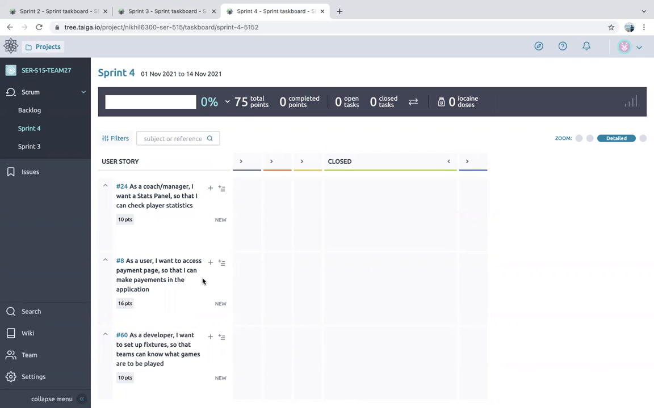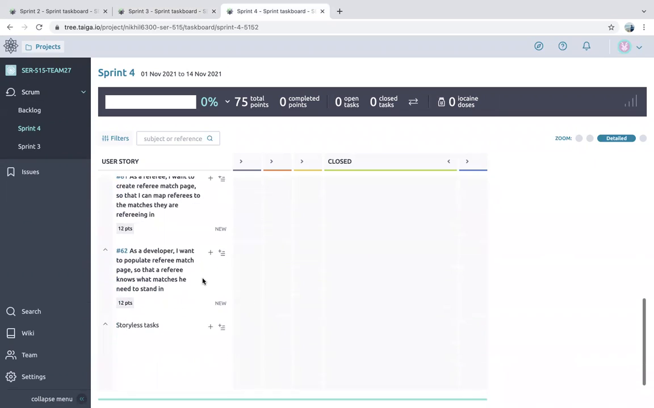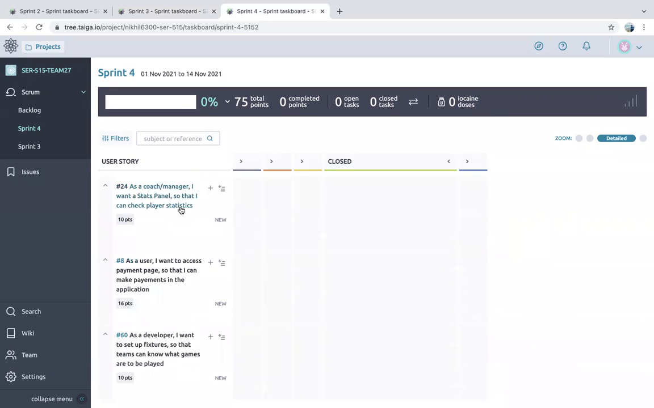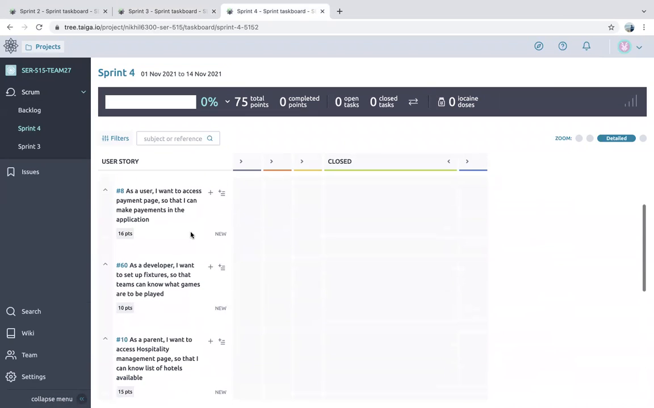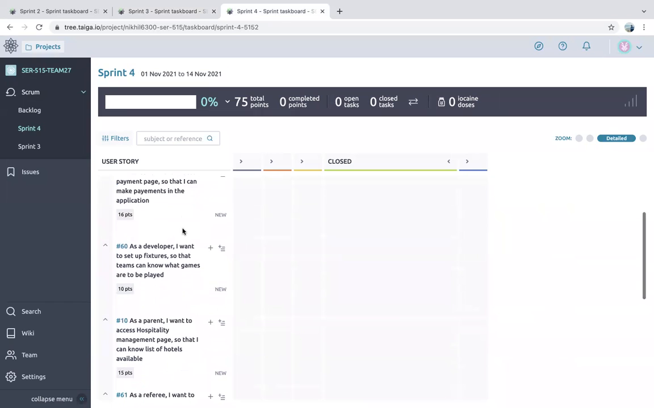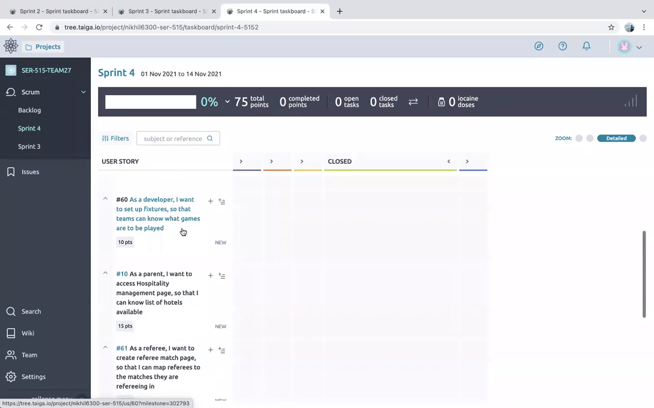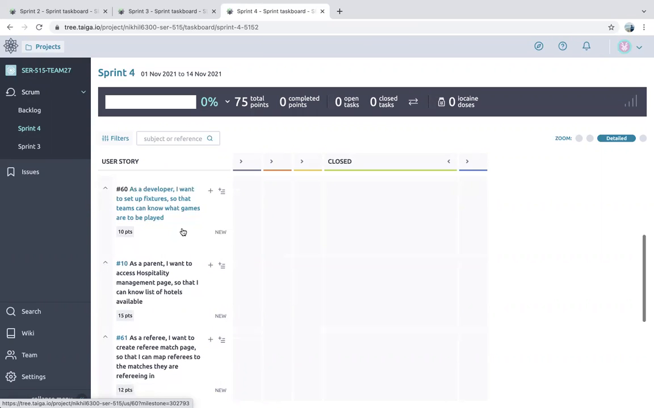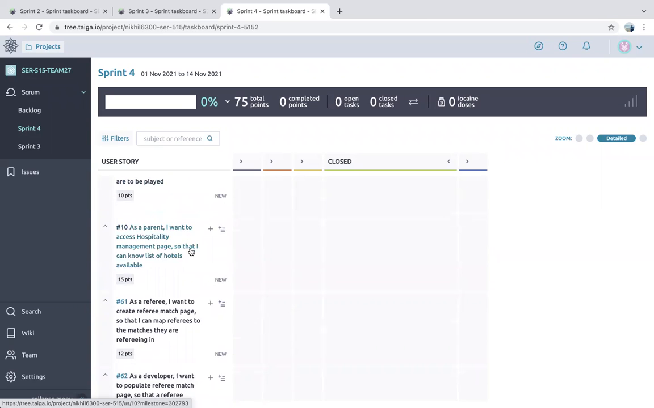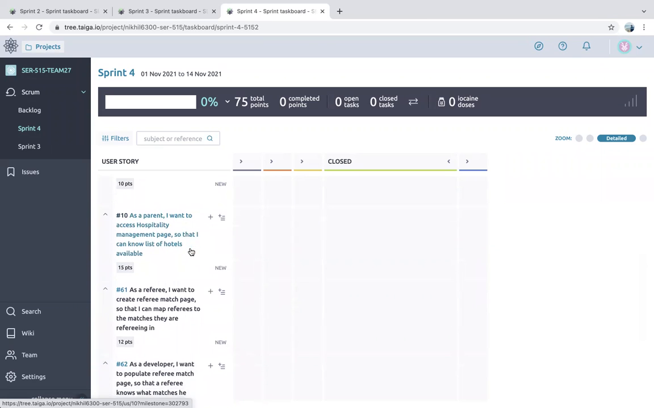Then moving on to sprint 4. This is how our plan is, this is what we're planning for the next sprint. We want to add a statistics panel which shows the player statistics, and then maybe a payment gateway or a payment application, so that a user can set up the payments. And we already have this fixtures page, so we just want to add the backend processing for the fixtures page. We're also planning to add hospitality in this sprint, maybe a list of hotels and restaurants